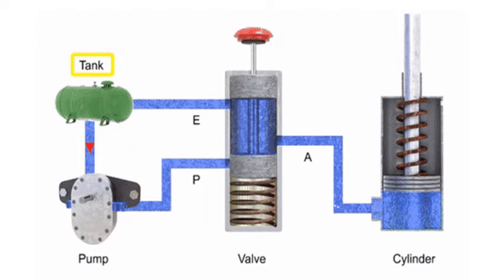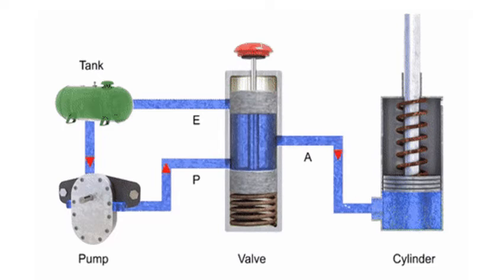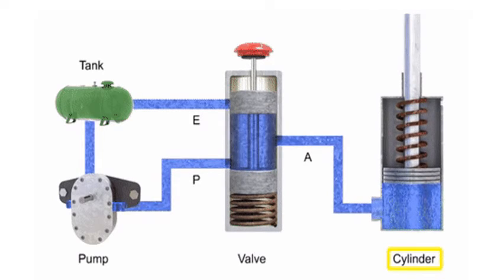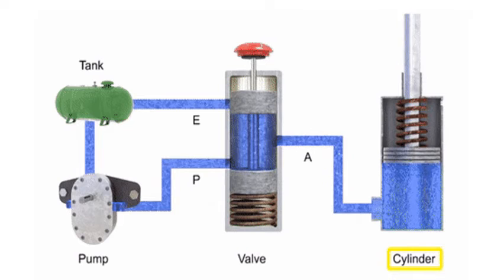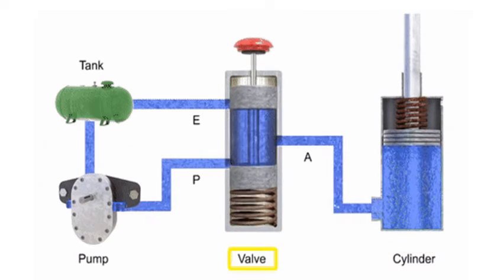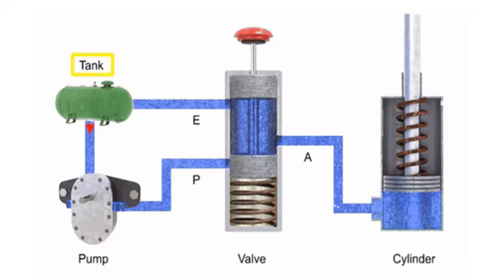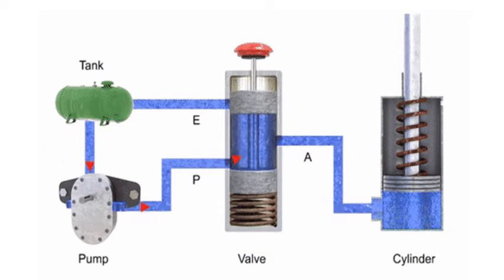Look at the animation of the sliding spool valve. In this case, the valve is actuated through a push button. The push button is actuated through some external force, either manually operated or mechanically operated. Look at the operation. Now it is completely blocked. Now the flow connects from port P towards A.